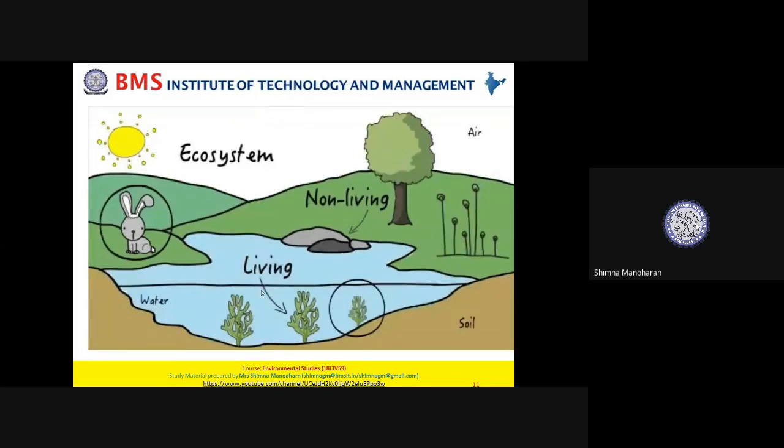You have the living components. I'm sure that you might have seen this in your second or third standard class, and it might look funny for you now, but it's just a recap on where we are living and what is surrounding us. So you have the biotic factors and you have the abiotic factors. These two combined form what? Form ecosystem. So you have the living organism, you have the sun, the light, the temperature, heat, water, soil, then non-living components: air, soil, water.